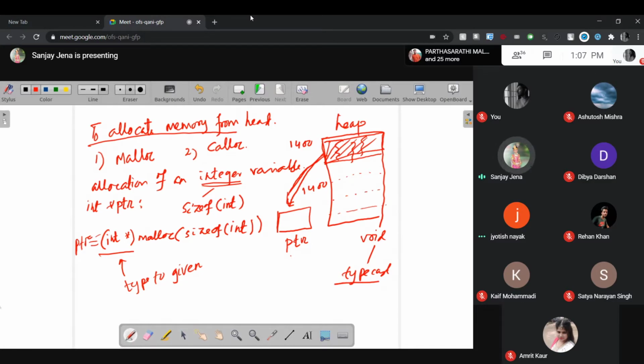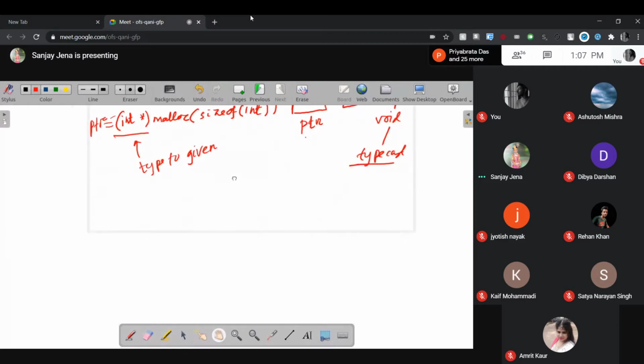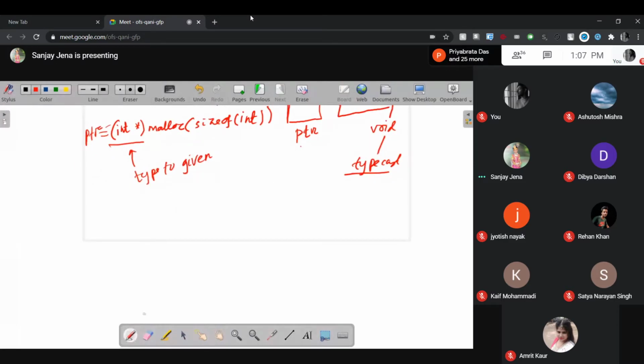Now if it is done, clearly I am writing the statement. What I have done: I declare integer star ptr. Done. Ptr equals, this will hold the address.